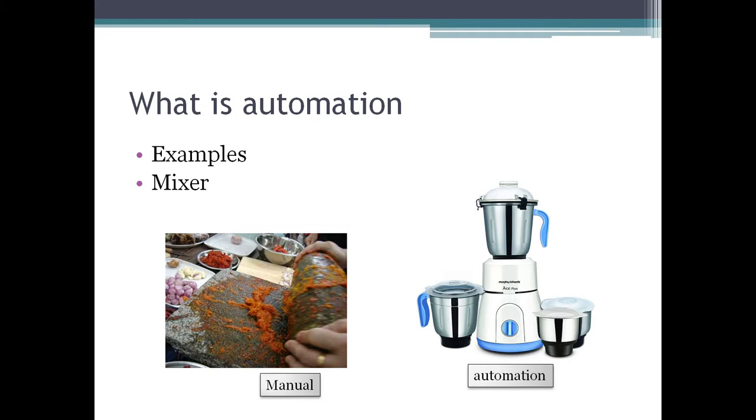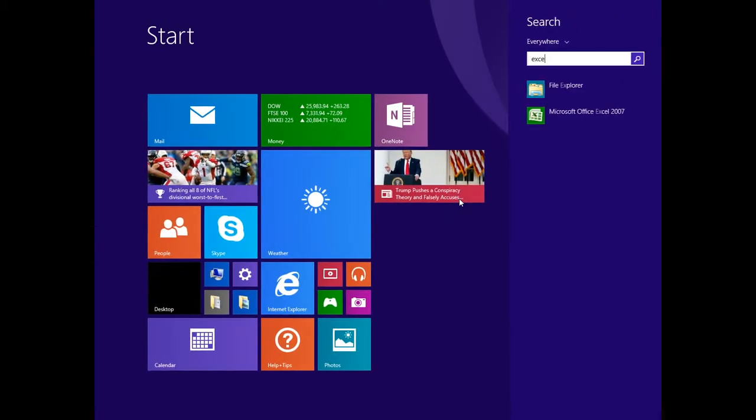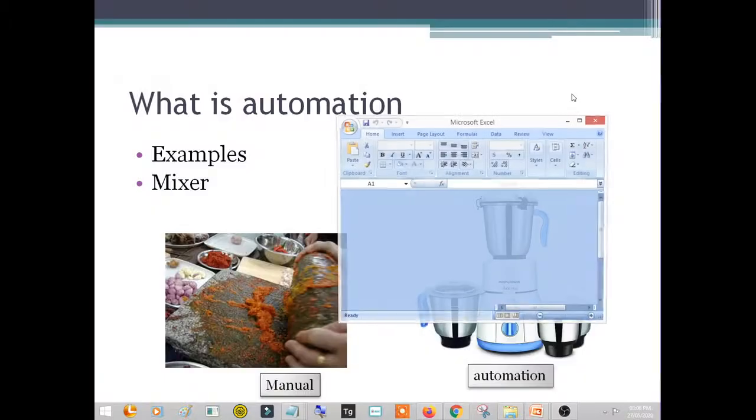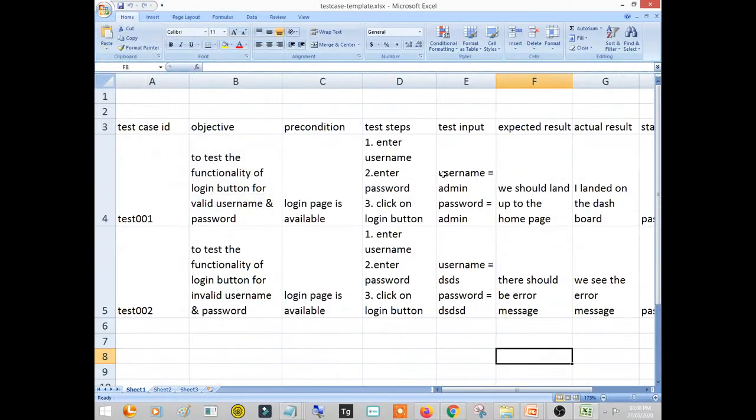Yesterday we saw one login page and we tested it. We wrote some test cases for it. Let me just find it. I'm opening yesterday's Excel sheet. Yes, here it is.